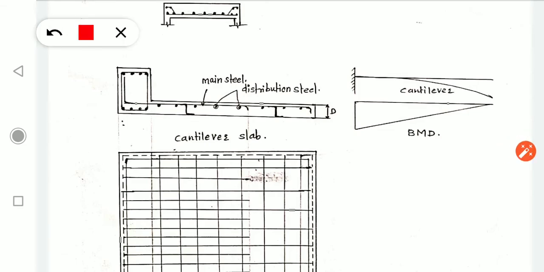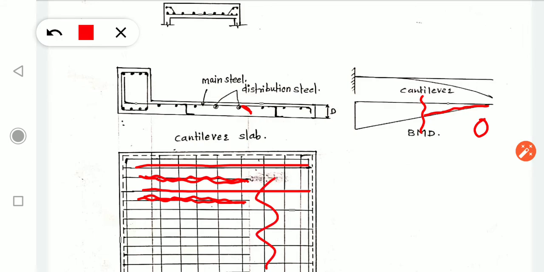And therefore the concept of cutoff bars was developed. What designers did, they curtailed some bars. This curvature has a great purpose, because it is telling us that some reinforcement bars are cut down. And how many? The alternate bars. One bar is continued, second bar is curtailed, third bar is continued, fourth bar is curtailed. Why do we curtail? Because after some distance the bending moment is reduced and going towards zero. Therefore we are providing lesser reinforcement in this region.